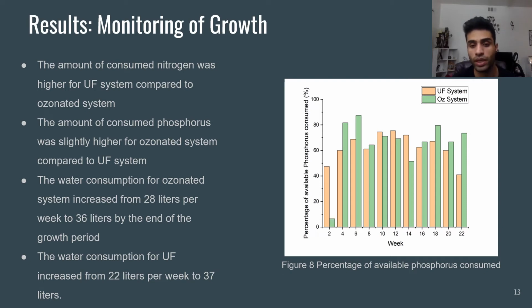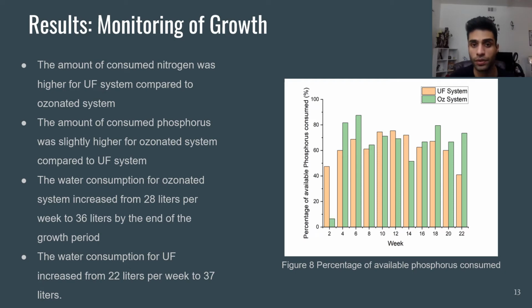In the first 2 weeks, you can see that for the ozonated system, the consumed phosphorus was considerably less as compared to the UF system. But as the plants grow bigger, the consumption of the available phosphorus increased to somewhere between 60 to 80% of the